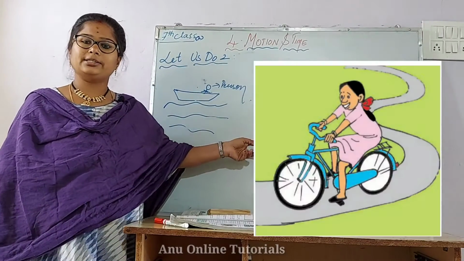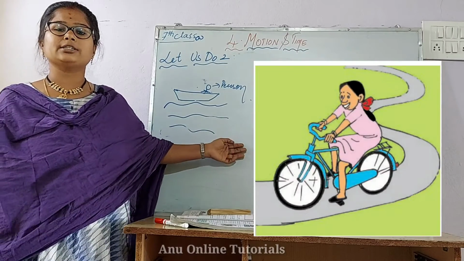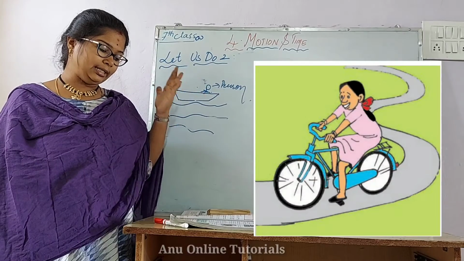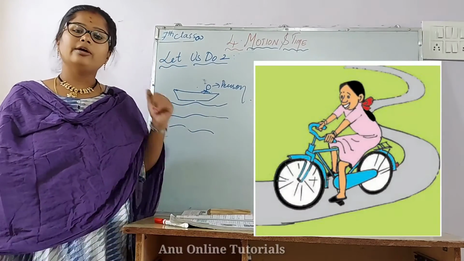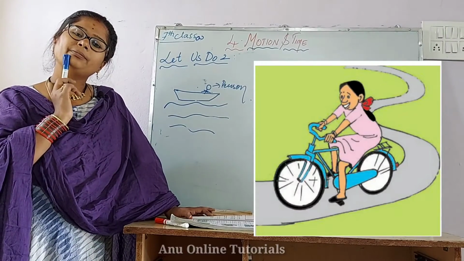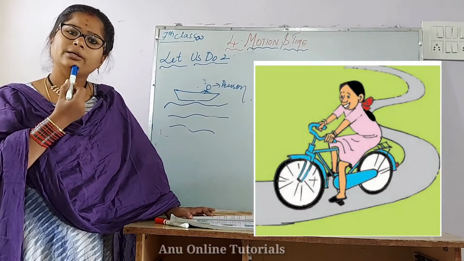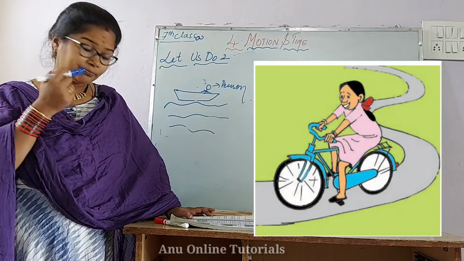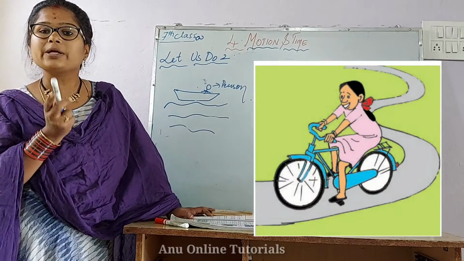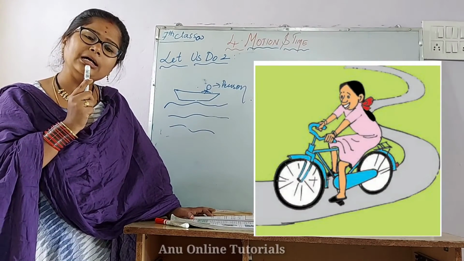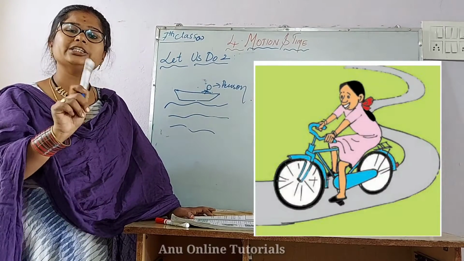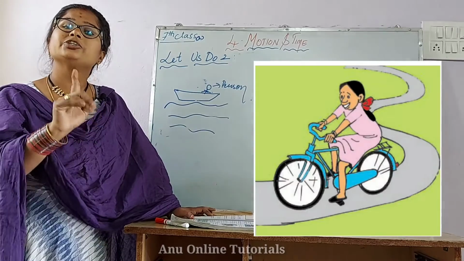A girl on the bicycle is shown on the screen. Just observe it. I'll ask questions. A girl on the bicycle is dash in relation to the road. With relation to the road, the girl on the bicycle is obviously moving. She is riding the bicycle, she will be moving. She is dash in relation to the bicycle. With respect to the bicycle, the same girl is not changing her position. She is sitting on it. She is at rest.